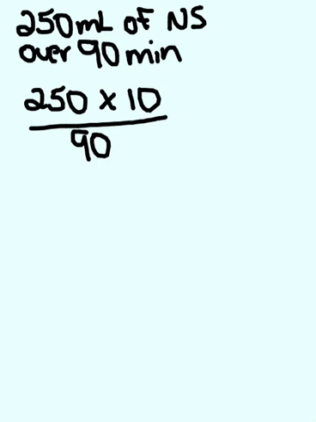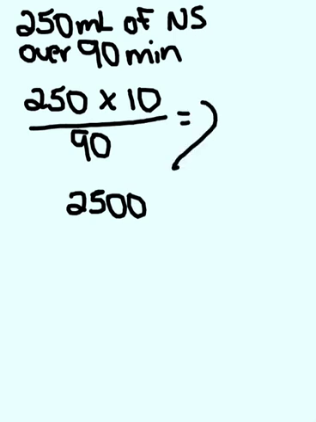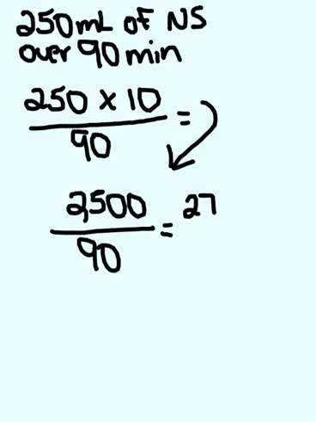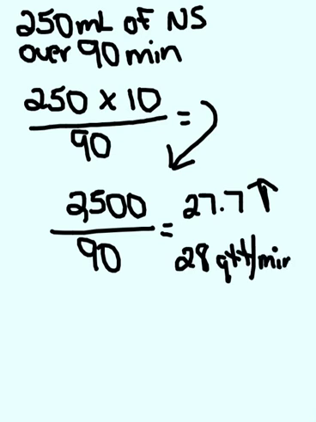We will just multiply 250 times 10, which equals 2,500, divided by 90. And that equals 27.7. So we will round up to 28 drops a minute, which is what our book